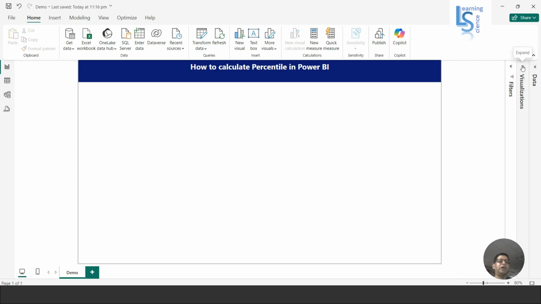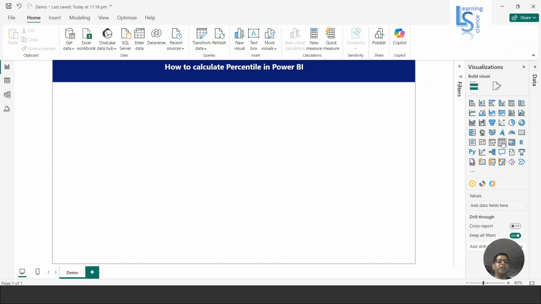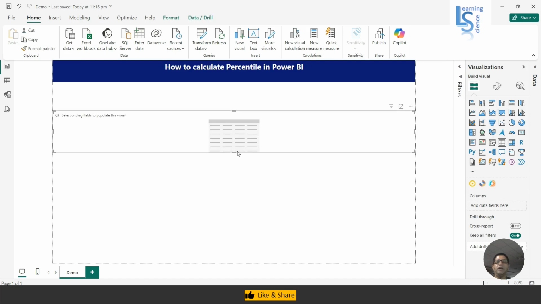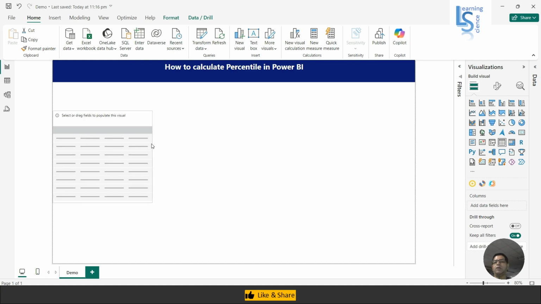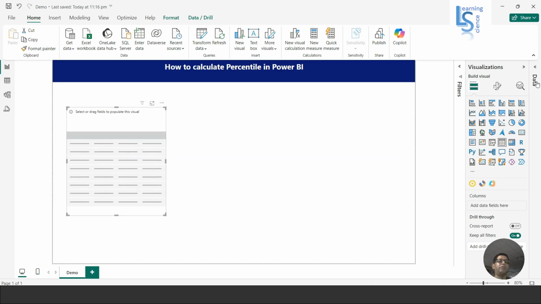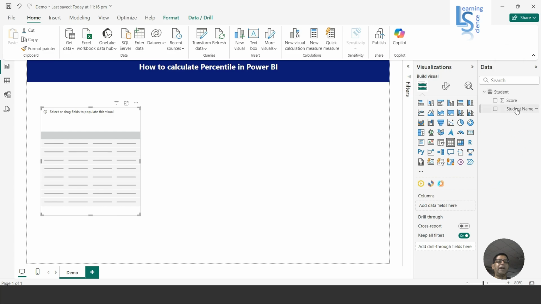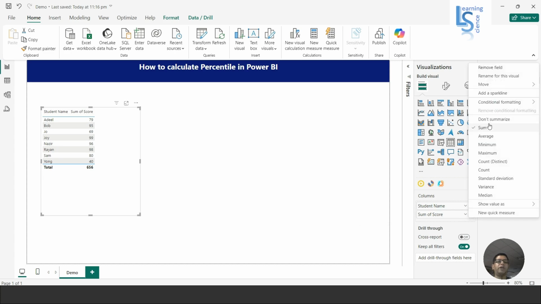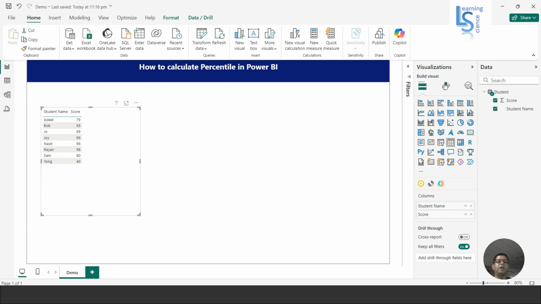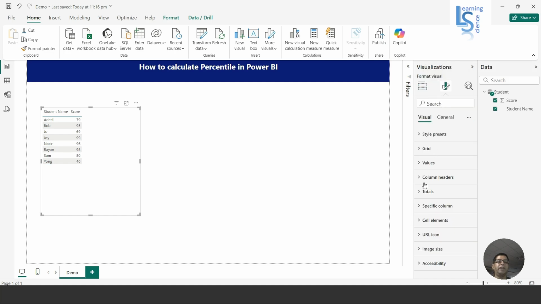So first thing, I will add one table visual here and I will show you the data table. So this is a table visual, and from the data table, I will add a student name and score. So I don't want sum of the score. I don't summarize this. And let me increase the header size